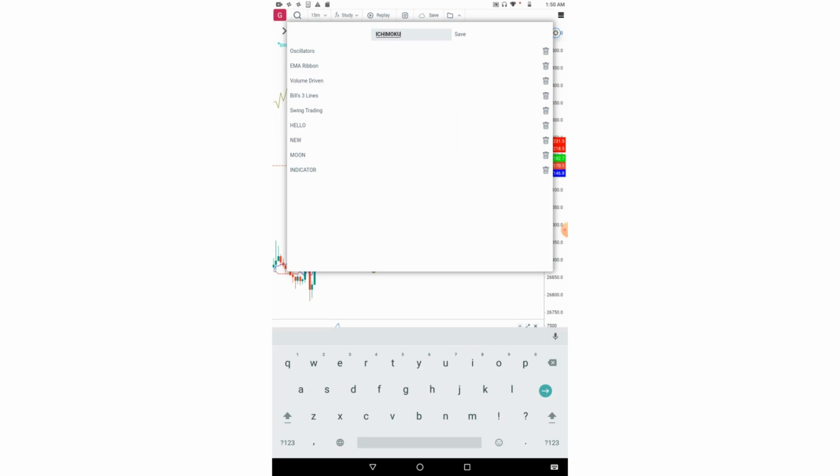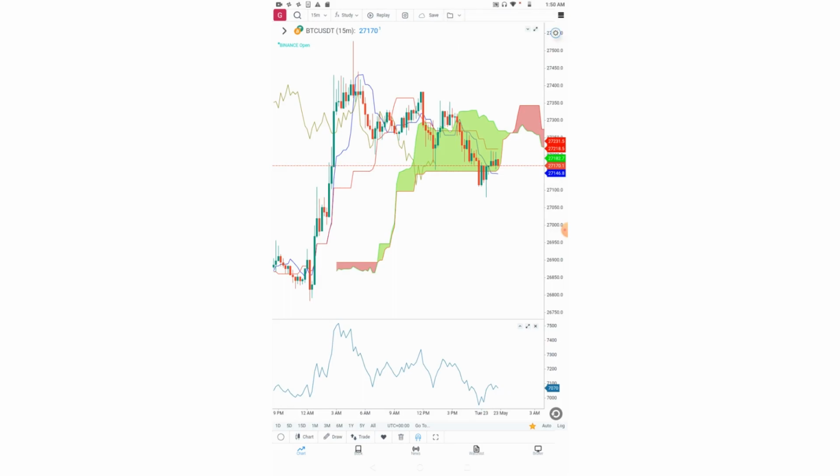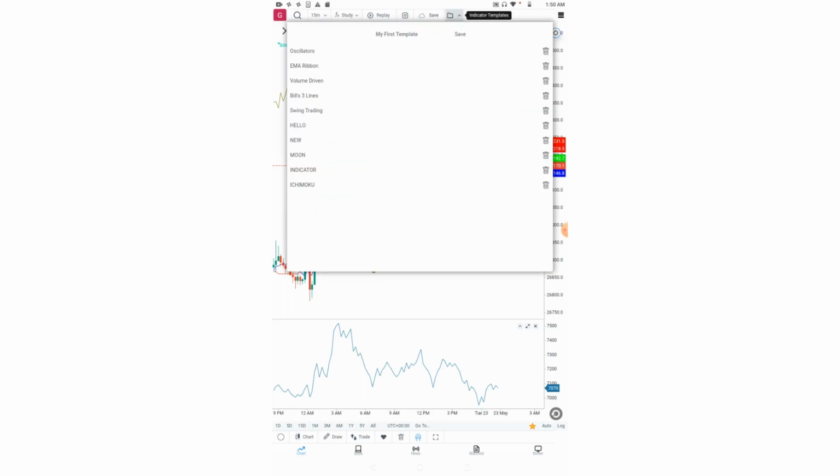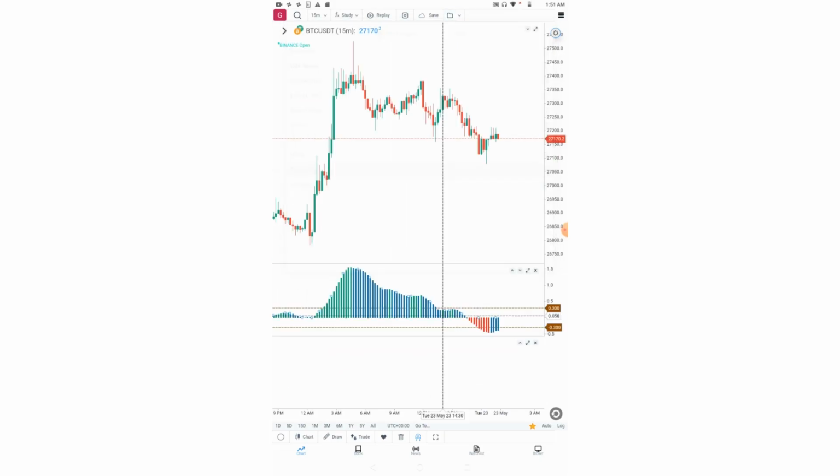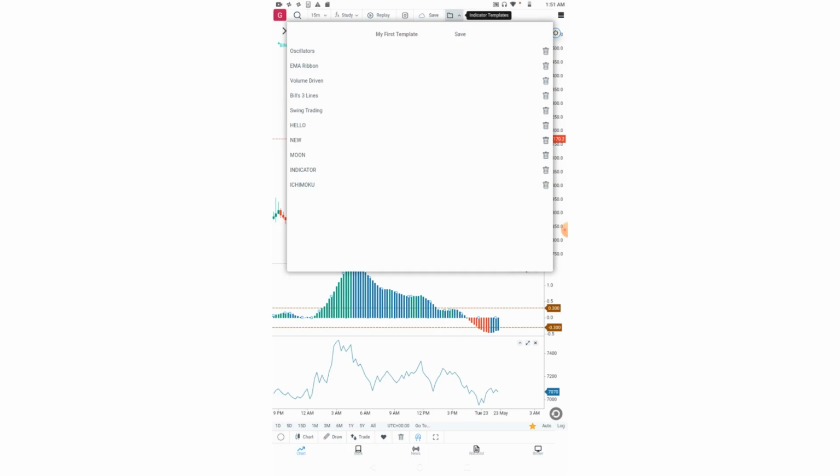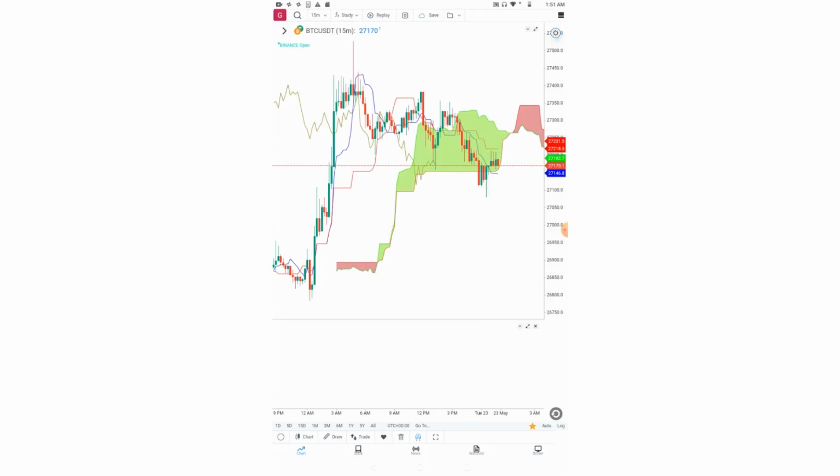Now if I press save, this indicator group has been created. So here I have Ichimoku. Suppose I click on this indicator template. So these are the indicators under that indicator template. Now let me click again on the Ichimoku template. And now you can see these indicators have been applied.